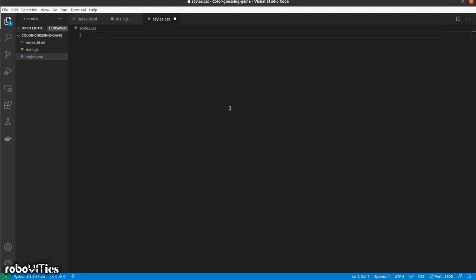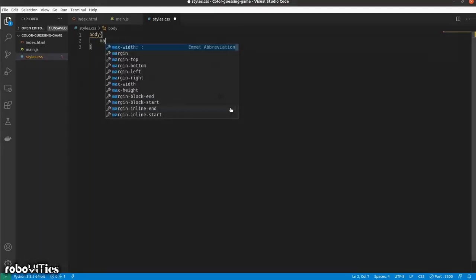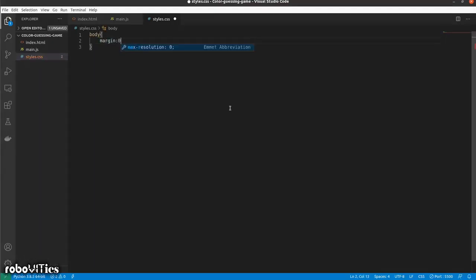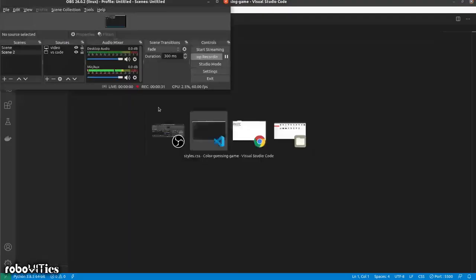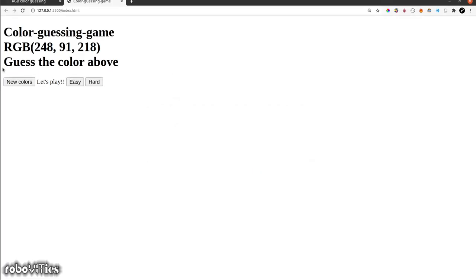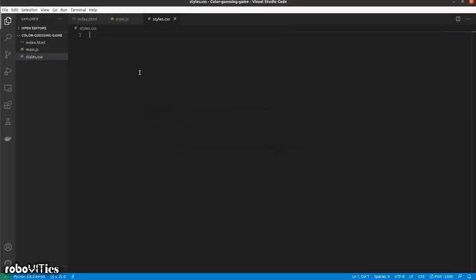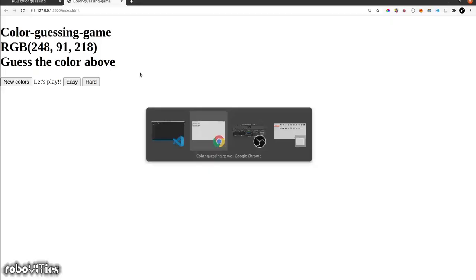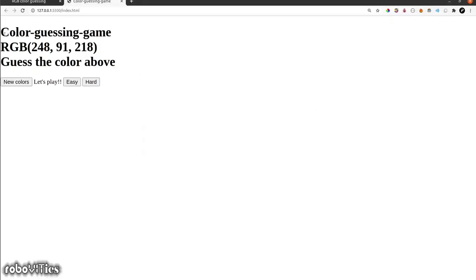I am going to start off with my body tag, and let's give it a margin equals 0 pixels and see how it looks. So before I do that, let's just save this and see how it looks right now. So there's some space over here and there's some space on top as well. And now if I put the body tag and save it, what exactly happens? There's no space to the left, but there is some space on top.